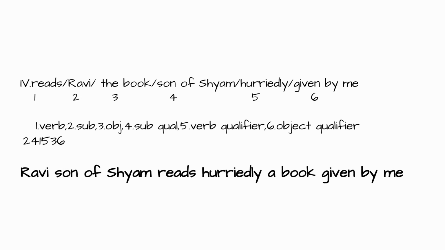After identifying the object, your work is done, but in some sentences an object qualifier will be given, so keep the object qualifier at the end. Okay. So this is enough for you to identify what might be the correct answer for the jumbled words. Now shall we move on?